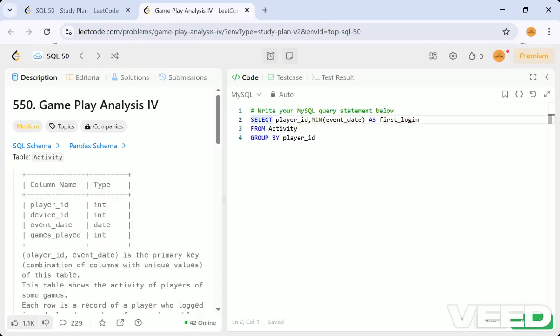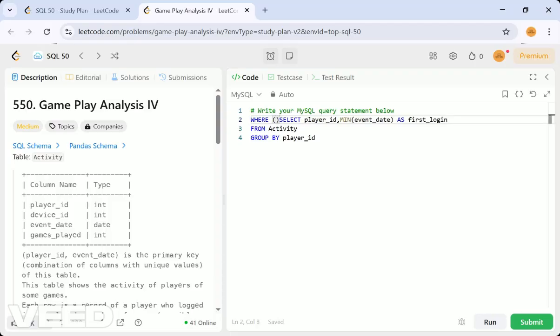Now we have to take the interval to be one between the dates. We can have this in an inner query and apply the where condition.